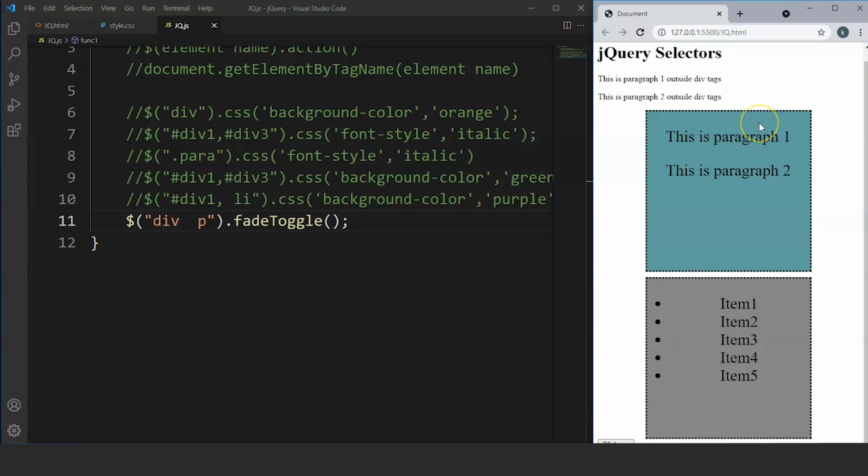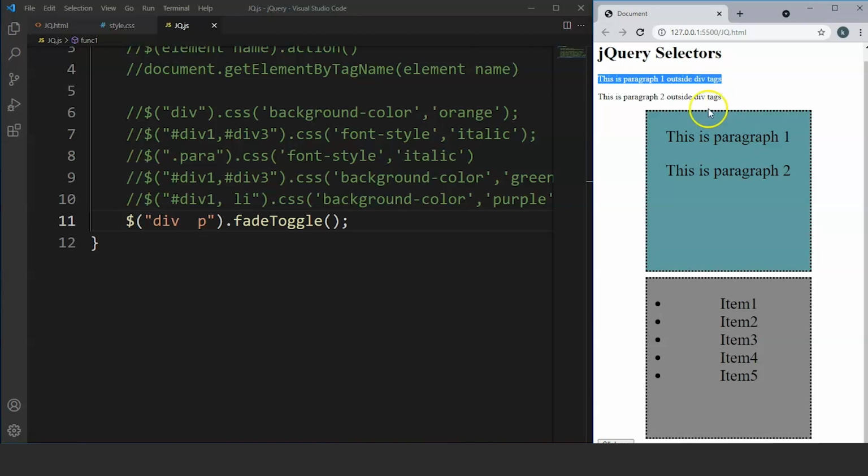Next up, what if we want to access the first paragraph only? Now we are talking about this particular paragraph. So what if we want to access it? We can't use any of the selectors we have been through till now. It does not have any ID or class, and we can't use the element name because that will make changes in all the paragraph elements.